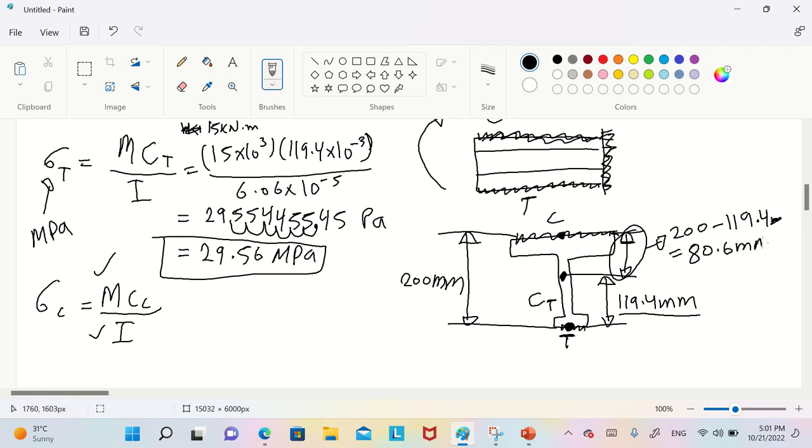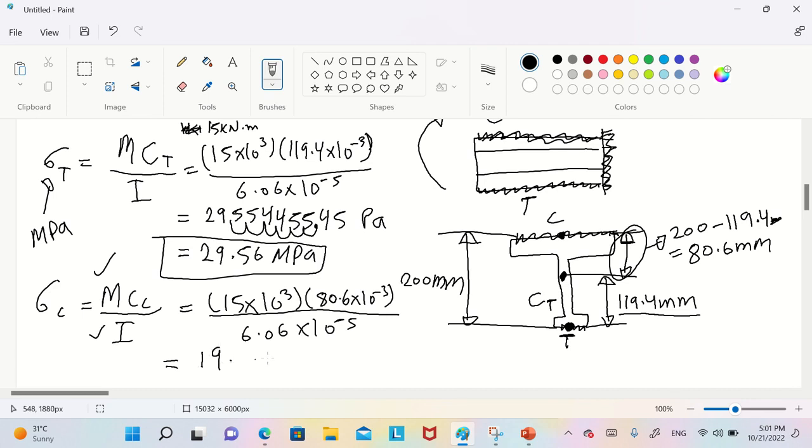You will get 80.6 millimeter. So 15 times 10 power 3 multiplied by 80.6 times 10 power minus 3 over 6.06 times 10 minus 5. You will get 19.94